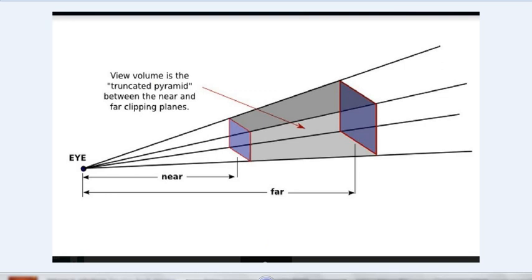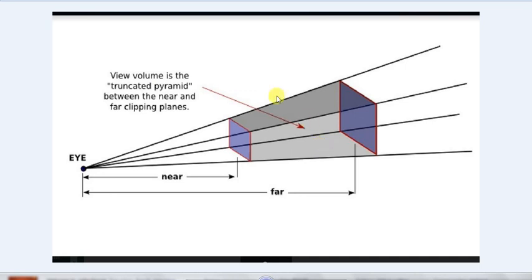To understand viewing volume in a better way, suppose your eye is here at position A and you are looking at some object. The front view, suppose you are looking at a tree, then you will see the front view of a tree, and this window, the first clipping window, will be towards your eye, and the second clipping window, because you are looking at a tree, will have some volume, and the tree will be located in this region.